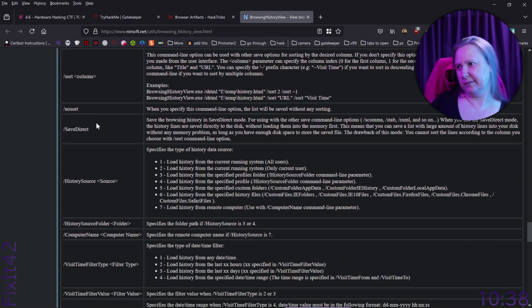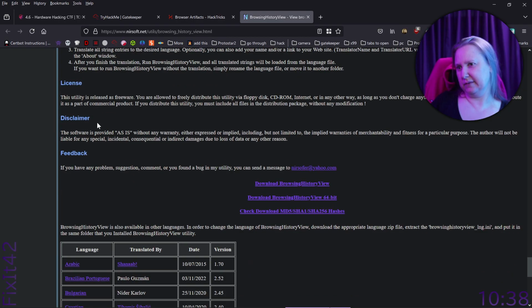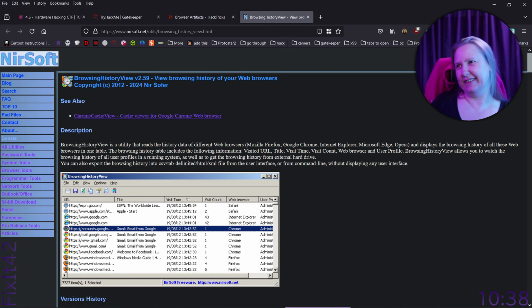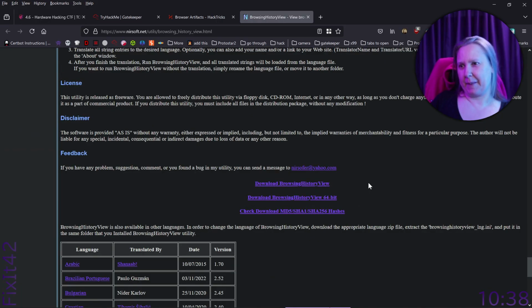Command line. Nice. So here we can download it, under feedback, at the bottom. And it's also only for Windows. So as my computer is not very good, I can't run my Windows and Kali VMs at the same time. So we could just get all the data, and I wish I